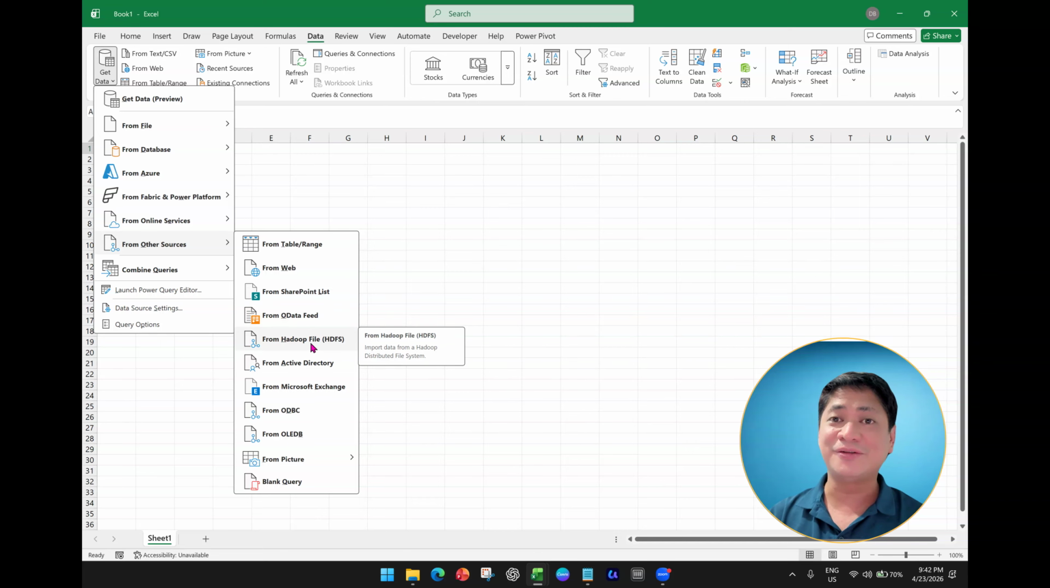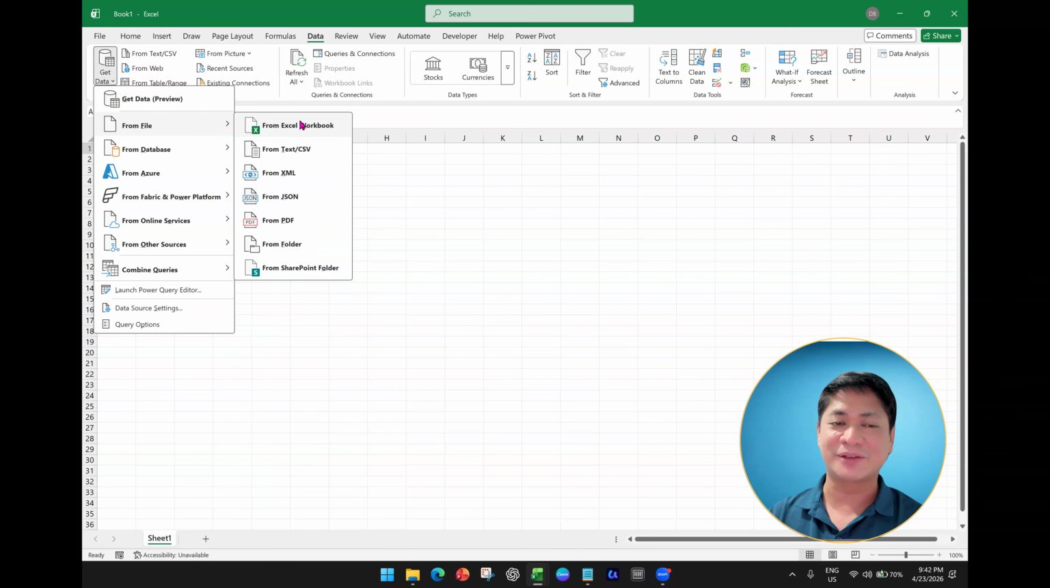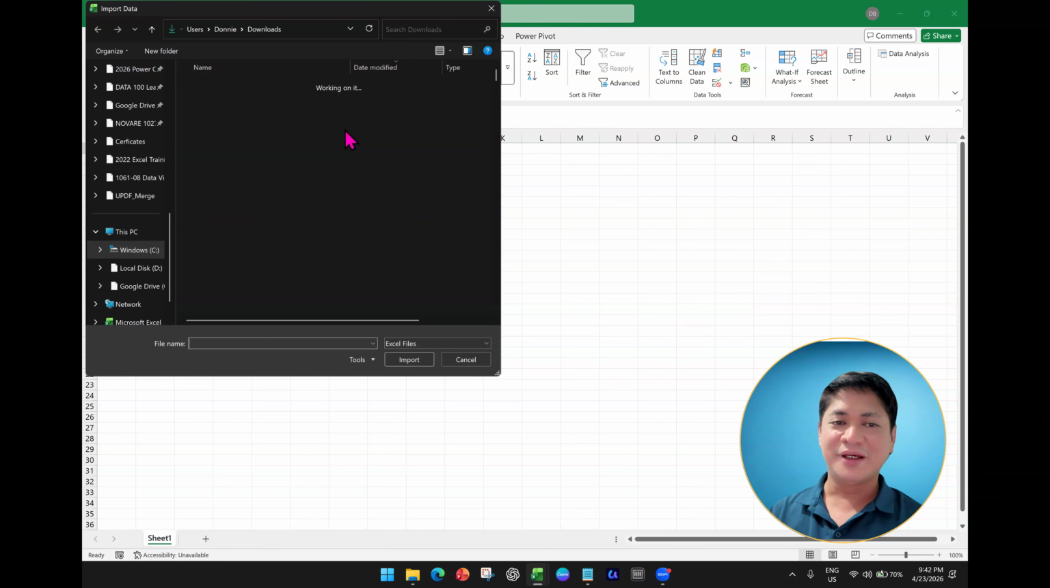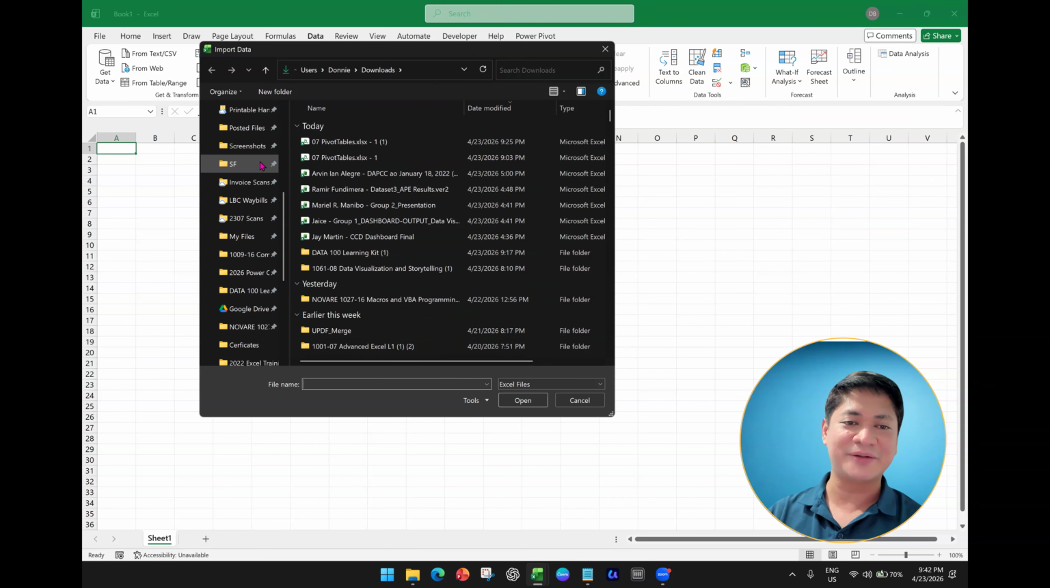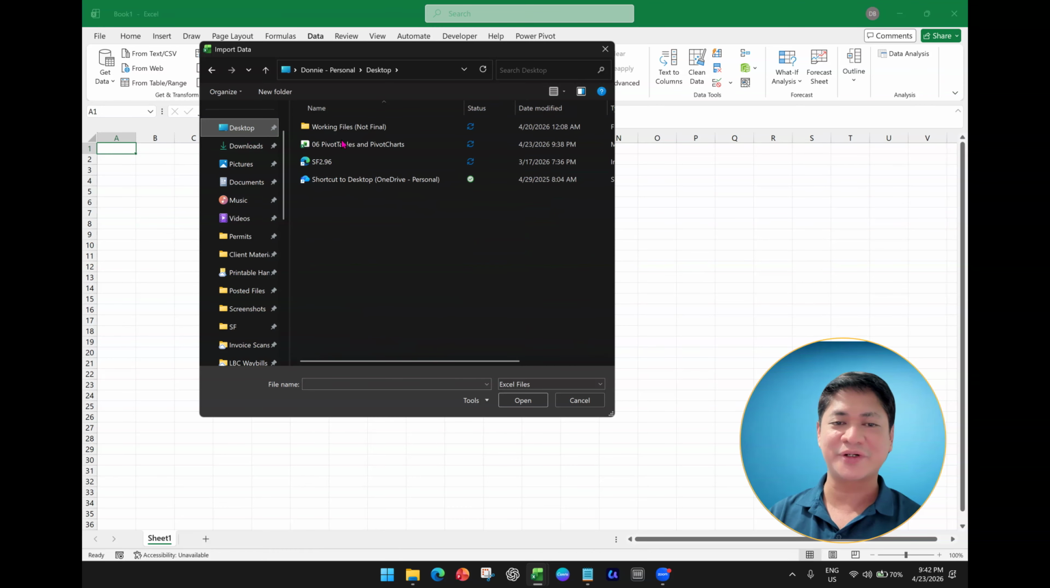But for this video, we're going to show you how to get data from another Excel workbook. So we're going to go from File and go from Excel Workbook. Take note that there's no direct option for that over here. You just have to access it from here, from File, and click From Excel Workbook. And now you're going to navigate your computer in order to access the file. So I'm going to go to my desktop because that's where I saved the file that I showed you a while ago. So now that I have this, I can now click Import